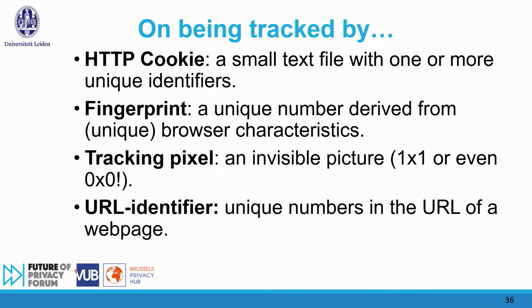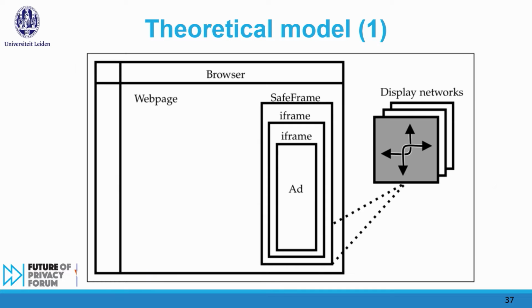The URL identifier is a mechanism that allows a website, for instance the New York Times, to add to www.newyorktimes.com question marks and equals-sign identifiers, which could be the deterministic or probabilistic identifiers we briefly touched upon before. So I'm loading a web page in a typical browser, and just to make things very simple,